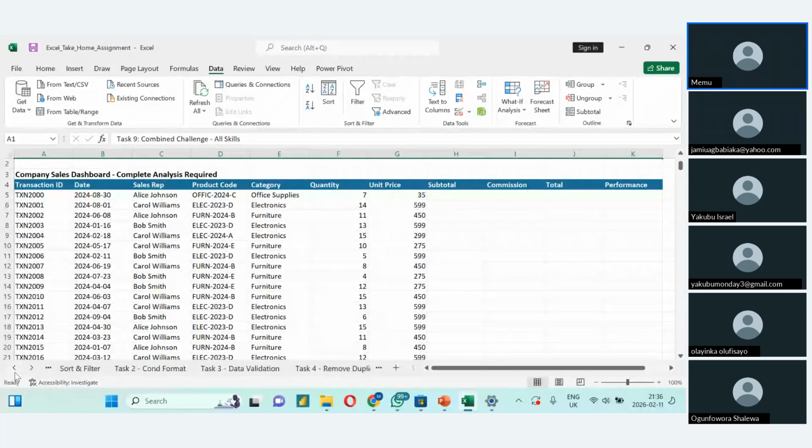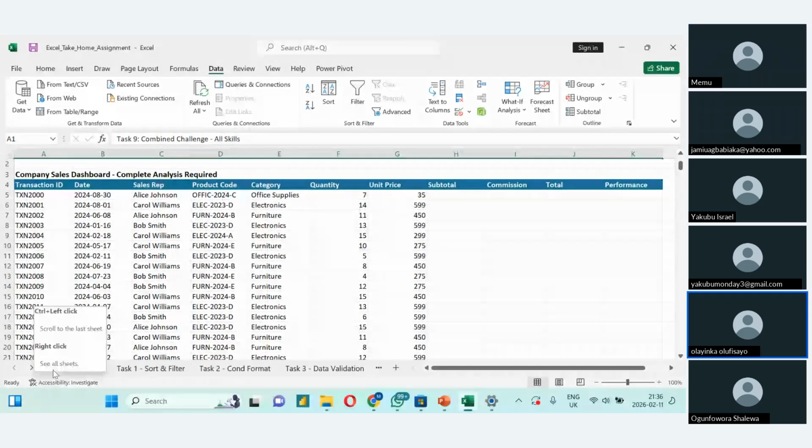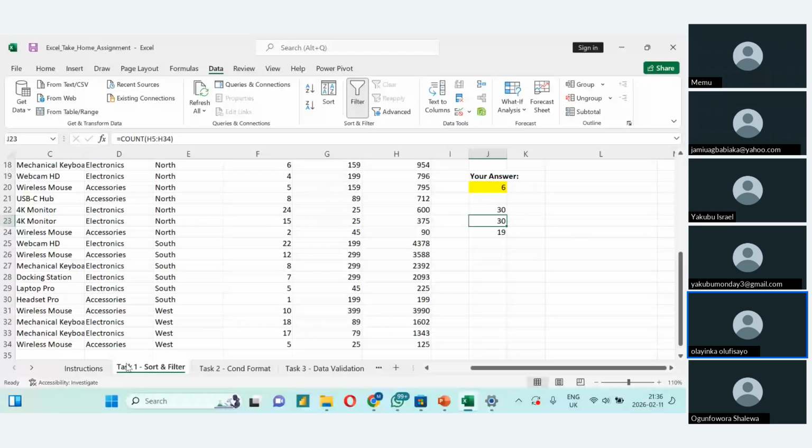So you are just clicking on the sheet. Let me go back to the beginning. Actually, I started it. I was convinced, that's why I left it. I was seeing what you are doing and checking it with my own. I said that I got it right. But when I got to it, I did the quantity. That's tax 1A. I did the second one, but I did only region. I didn't do largest to smallest. I didn't do autofill. So what I meant now is that when you get to tax 1D,